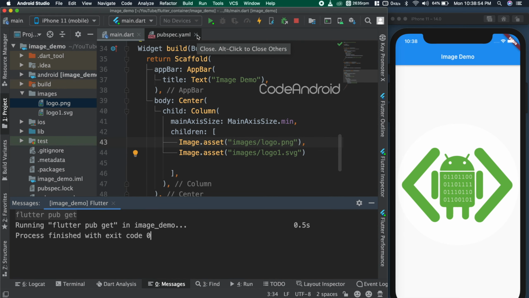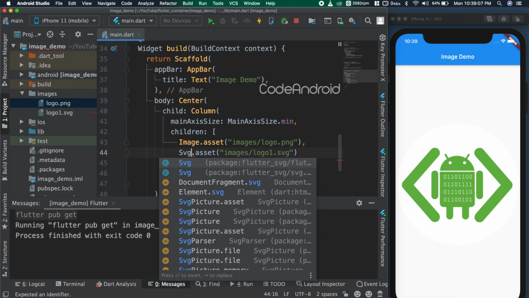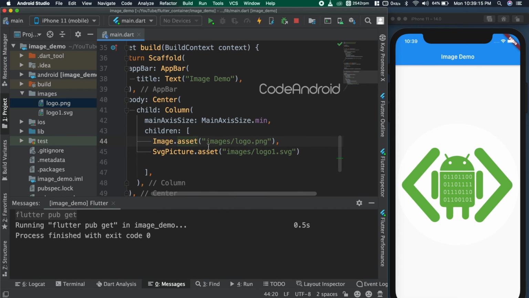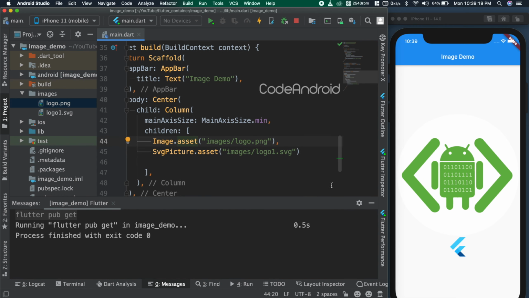Now, instead of using Image.asset, we can use SvgPicture.asset. You can see we got our SVG image.